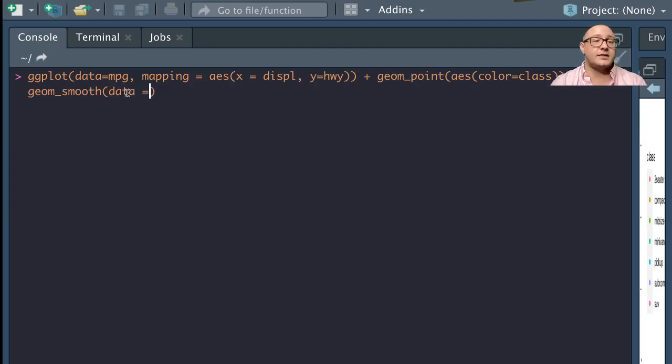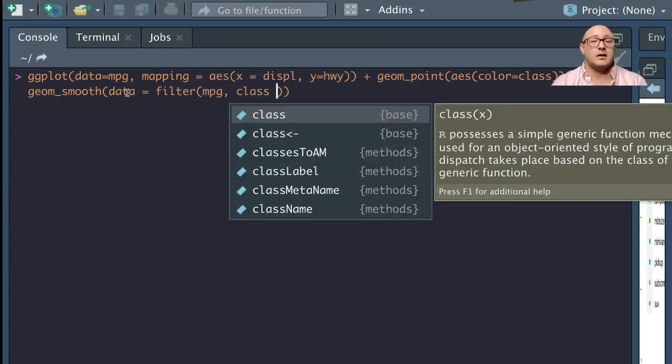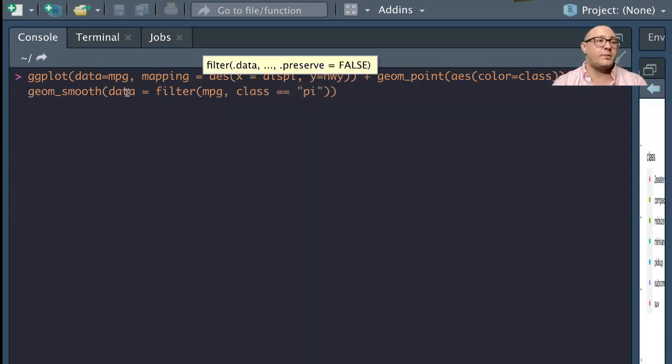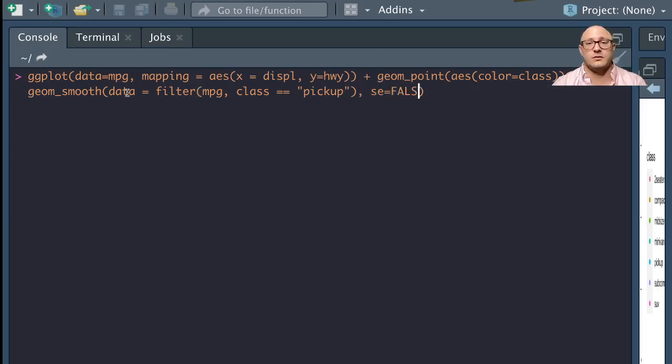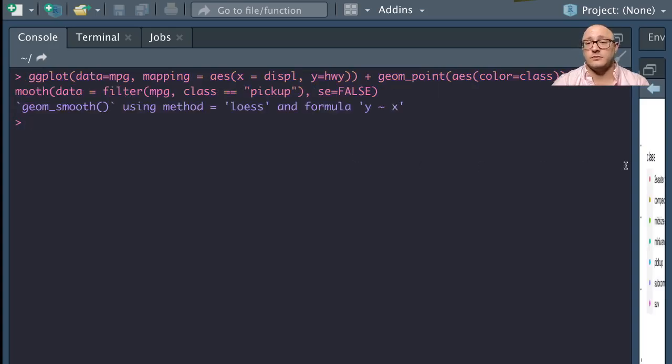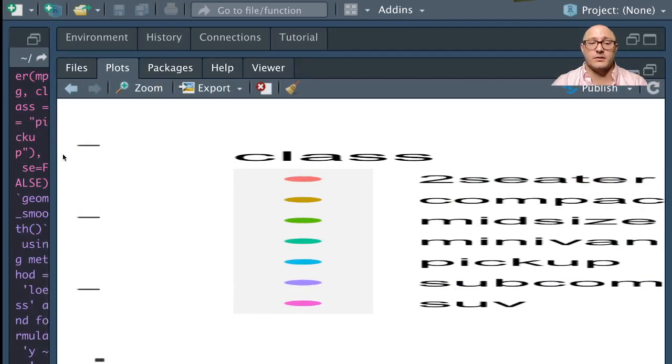So we can do data is equal to, and we use our dplyr methods. For filter, in here we want our mpg, we want class to equal, and I'll do pickup here, and then outside of here, I'm going to turn off the standard errors. So if we run this, and let me pull this out here,